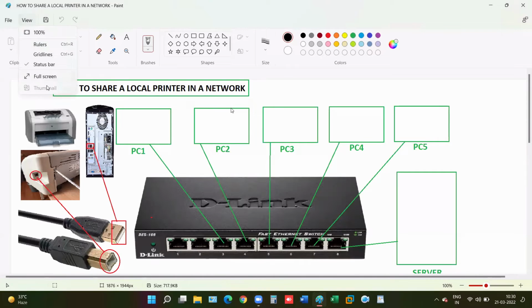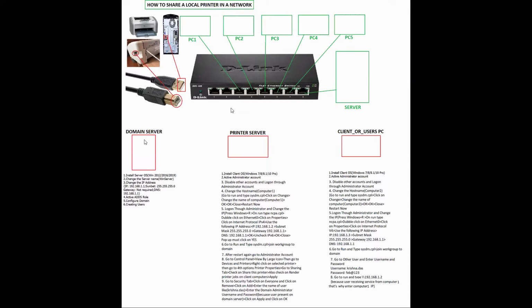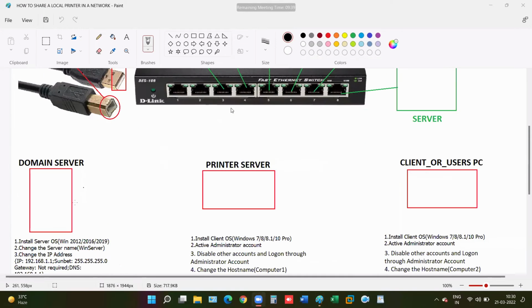Here every step is written, which will be performed on the server side, on the printer server, and on the client side. Every step is written, okay. सब कुछ रेडीमेड है, सिर्फ एक एक करके कॉन्फ़िगर करना है, ठीक है। Can I start now? Yes. All are understood? So first is configuring the server side. पहले हम लोग डोमेन सर्वर को करते हैं।